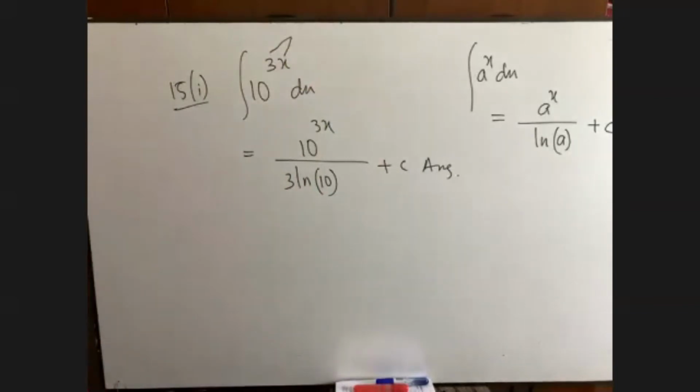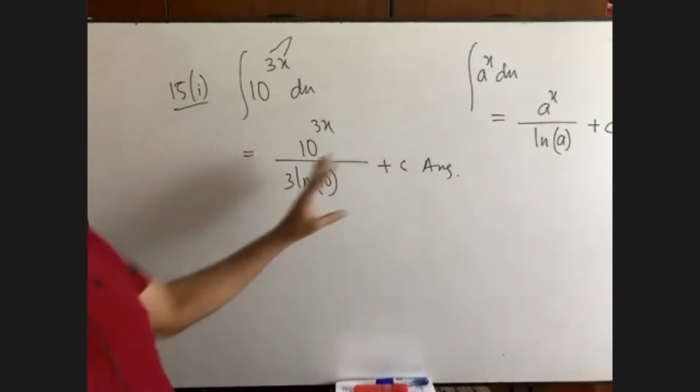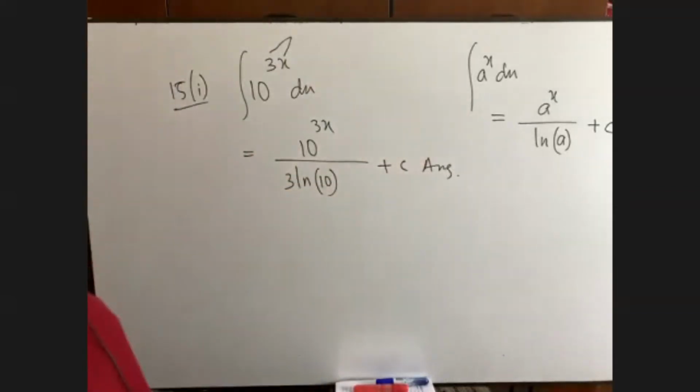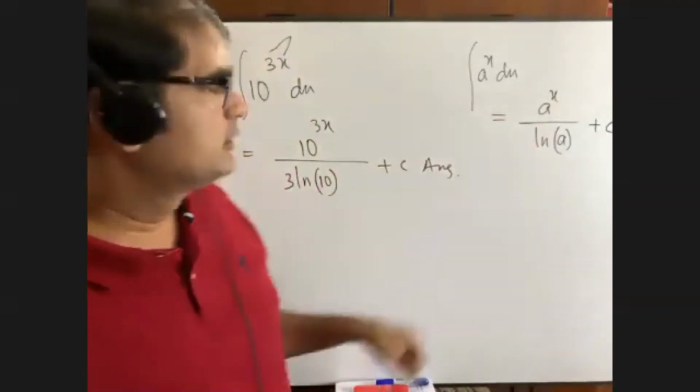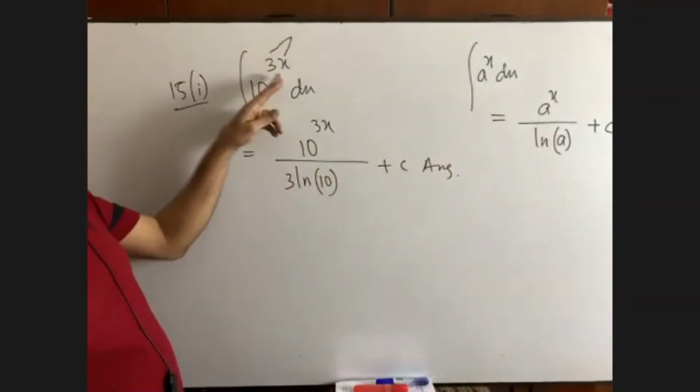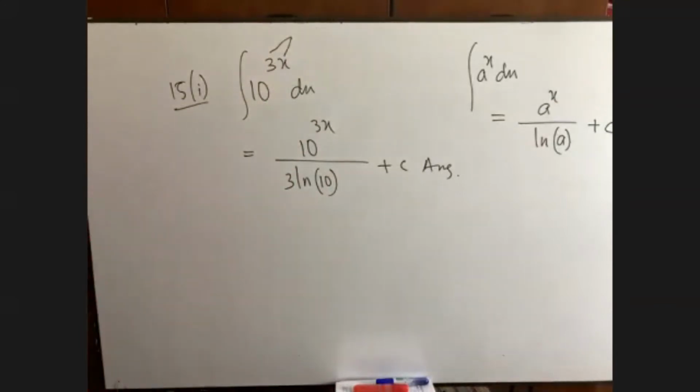Okay? You just maintain the formalities, nothing else. It has been written as per this. What is the change here? Here it was only x whose coefficient was 1, so no need to write down this one. But here the coefficient of x is 3, so 3 has been written in the denominator.